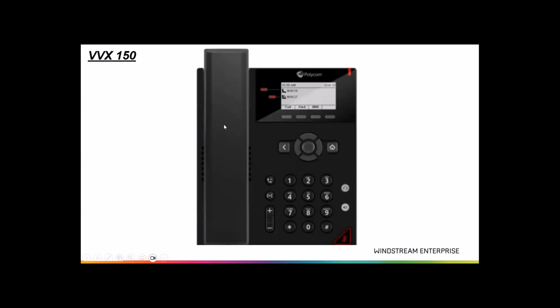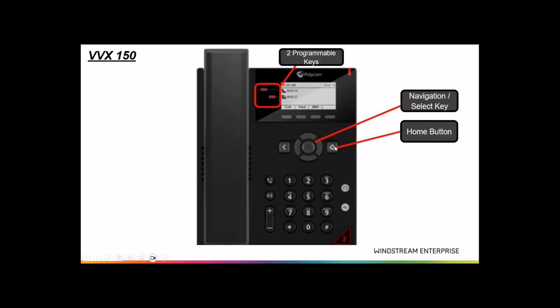Right, so we'll have a look at the different functions on the phone. The first set of keys will be the programmable keys. That's the buttons on the left side of the phone screen. We also have the navigation keys right here. You have your select key, up and down, and arrow keys left and right. You have your home button. And then this button here that points to the left is going to be your back button. So it steps back from the menu to the previous menu that you were on. We have your headset button,